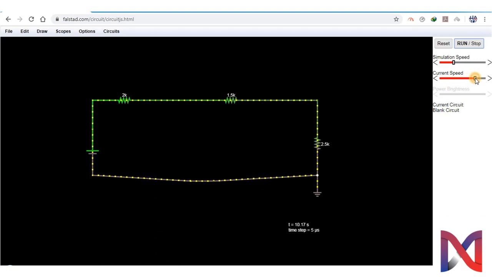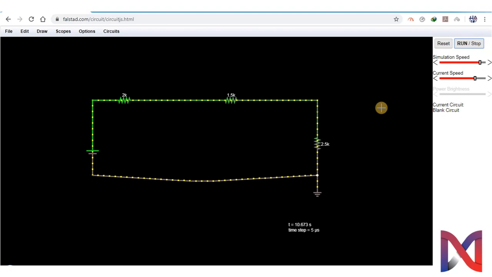Changing it will have an impact on the motion of current, the yellow dots. Change in here will change the movement of current and voltages, that is simulation speed. Here you can run or stop the simulation.